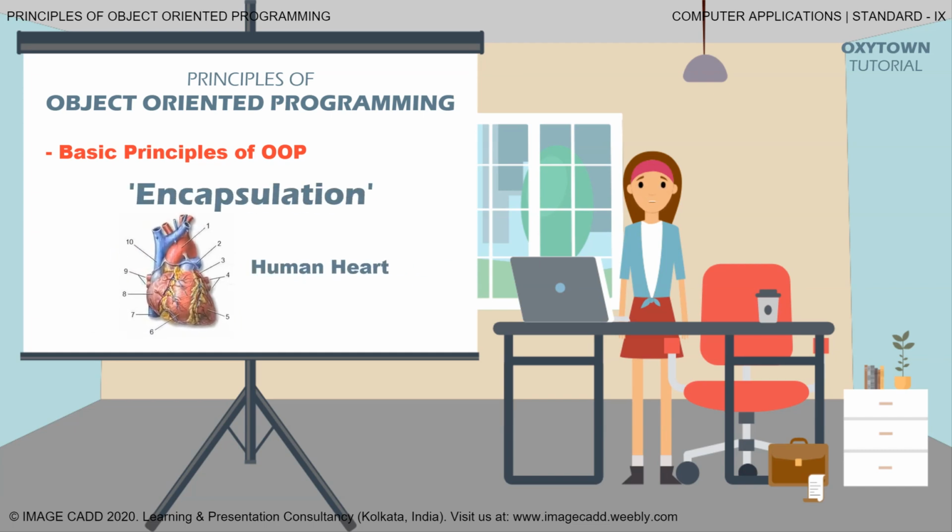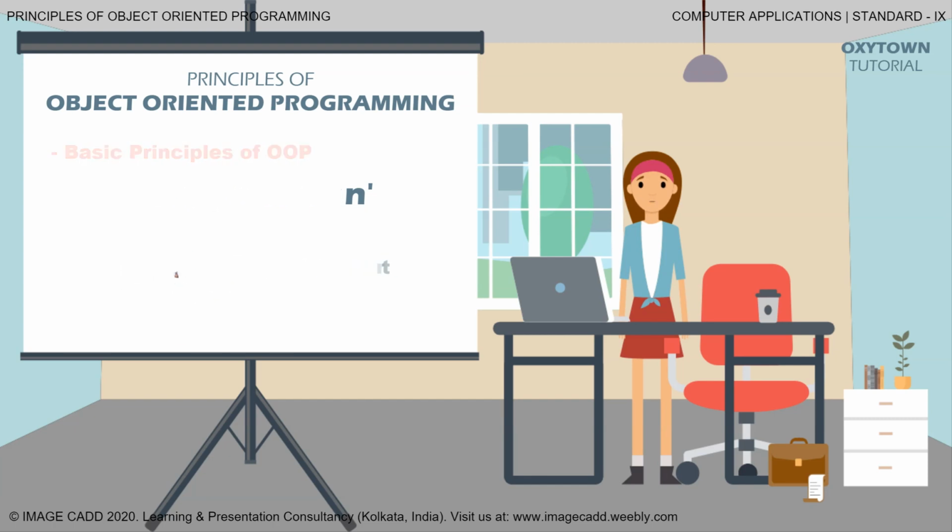Fourth, encapsulation. Encapsulation is the system of wrapping data and functions into a single unit, termed as object. It helps to maintain the privacy of data members, and even the source code of an object can be maintained separately. For example, the internal organs of the human body, like brain, heart, lungs, liver, kidneys, etc., are encapsulated, but they all integrate to form and function as the human body.